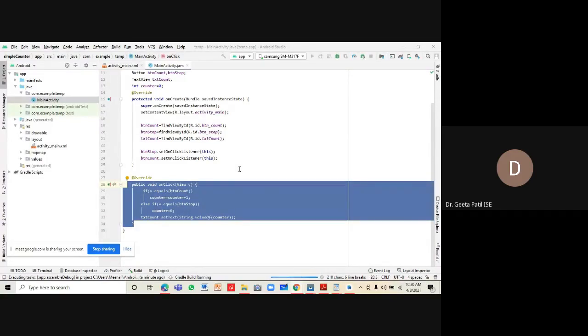How many of you have installed Android Studio successfully? If you have, you can put that in the chat box, please.